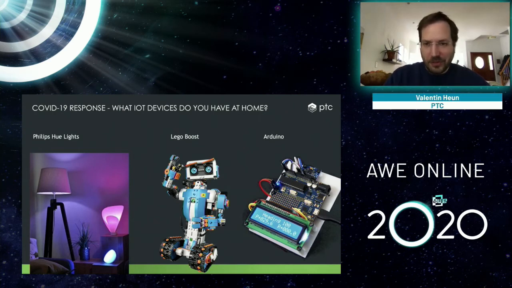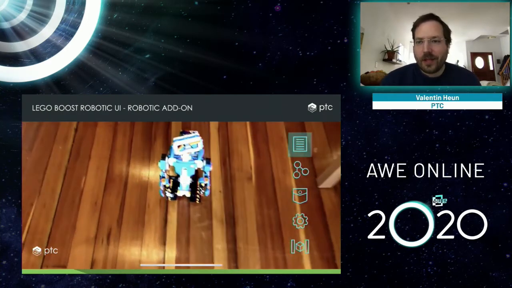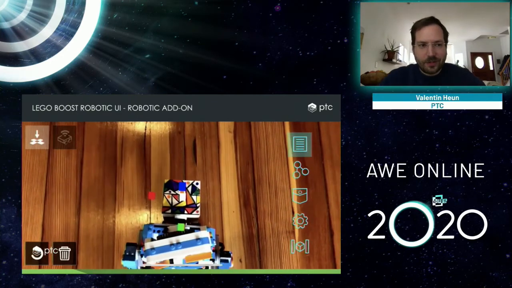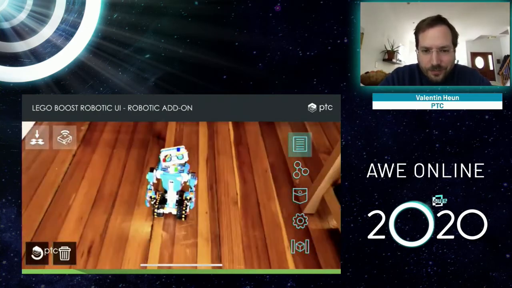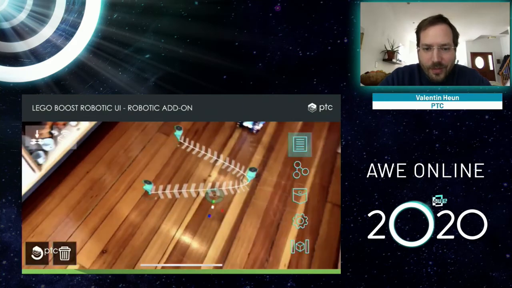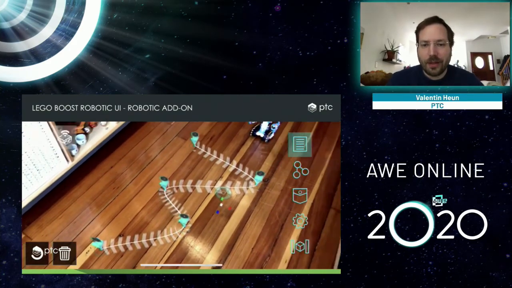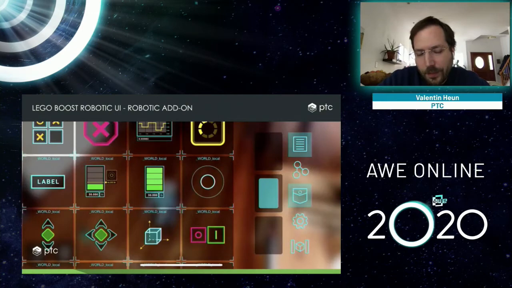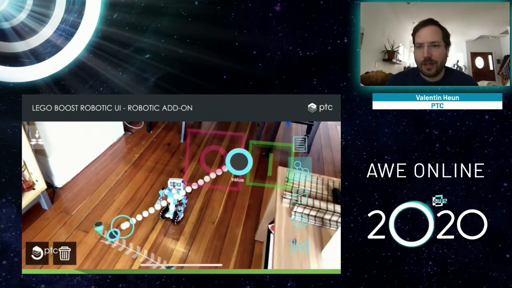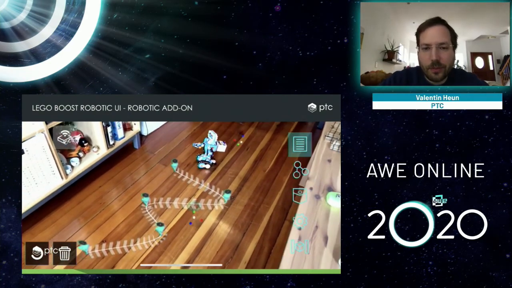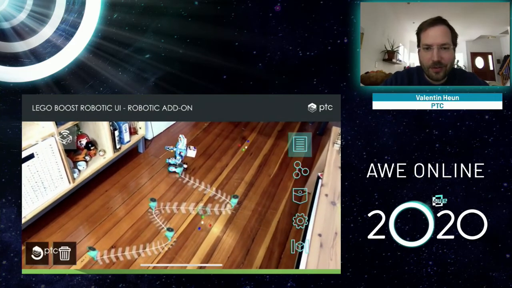And I want to show you some of the demos that we built with these add-ons. So the first one is, we have built a programming tool for this little robot here, the Legobot Boost robot. Anna, a researcher in my team, is building this user interface at home right now. And so she can put these pathways on the floor and add a button. And because everything in here is programmable and interconnected with these nodes, she can just connect that button to the starting point, and now you see how this robot is driving along that line.